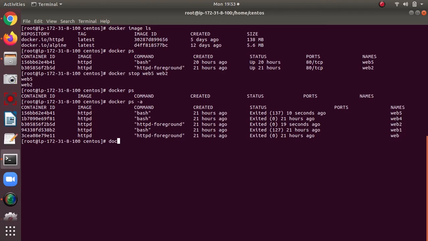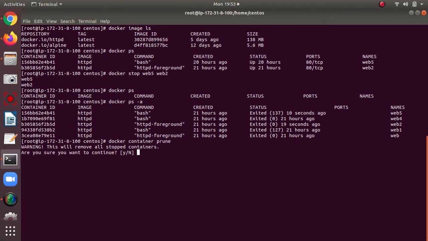We can remove these five containers with the prune command, because prune removes whatever containers are stopped or in exited status. So: docker container prune.